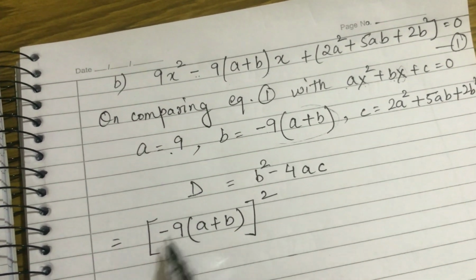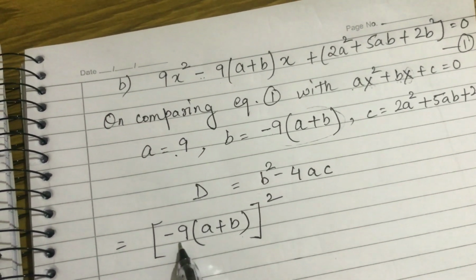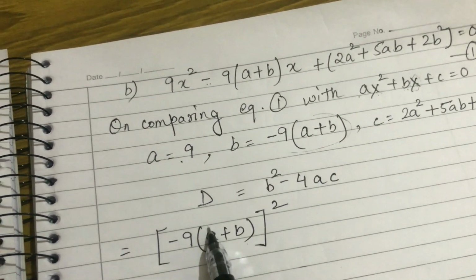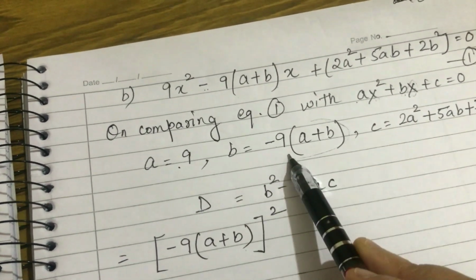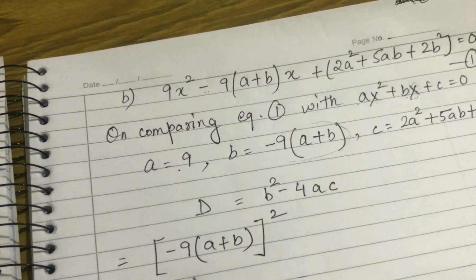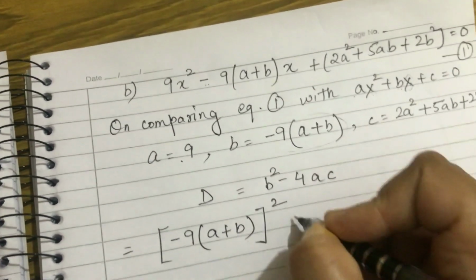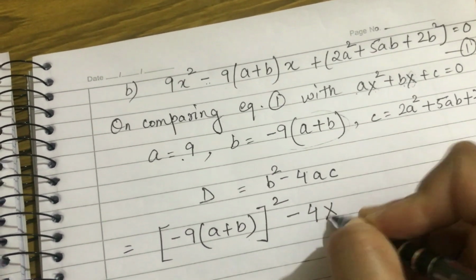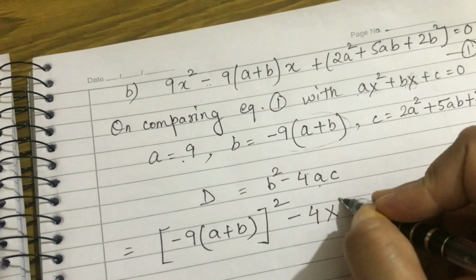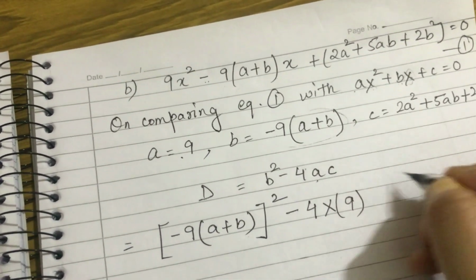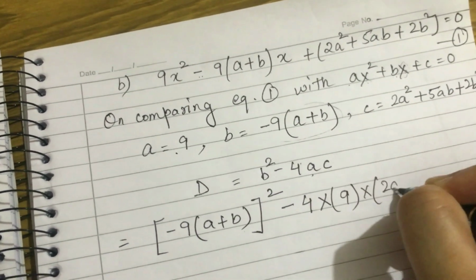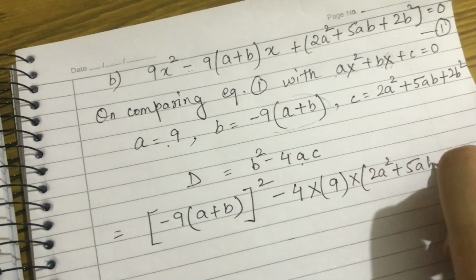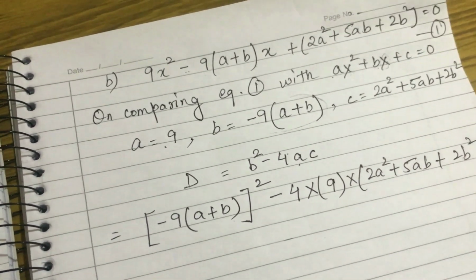आपको दोनों का स्क्वायर करना है, खाली a प्लस बी का नहीं करना है, ना खाली 9 का करना है, आपको पूरे b का स्क्वायर करना है। तो जब पूरे b की वैल्यू -9 a प्लस बी है तो पूरे b का स्क्वायर करेंगे, ठीक है। -4 जो आपका फॉर्मूले में है मल्टीप्लाई बाय a की वैल्यू आपकी कितनी है 9 है, और c की वैल्यू आपकी कितनी है 2a स्क्वायर प्लस 5ab प्लस 2b स्क्वायर।